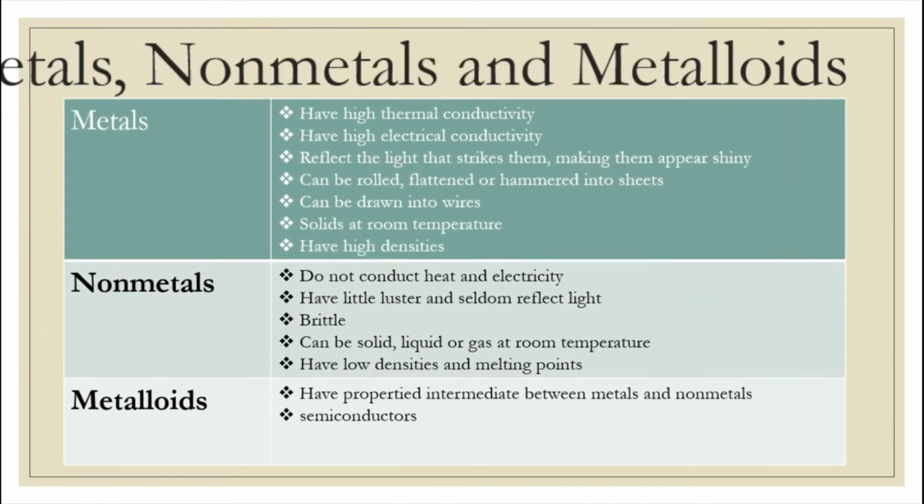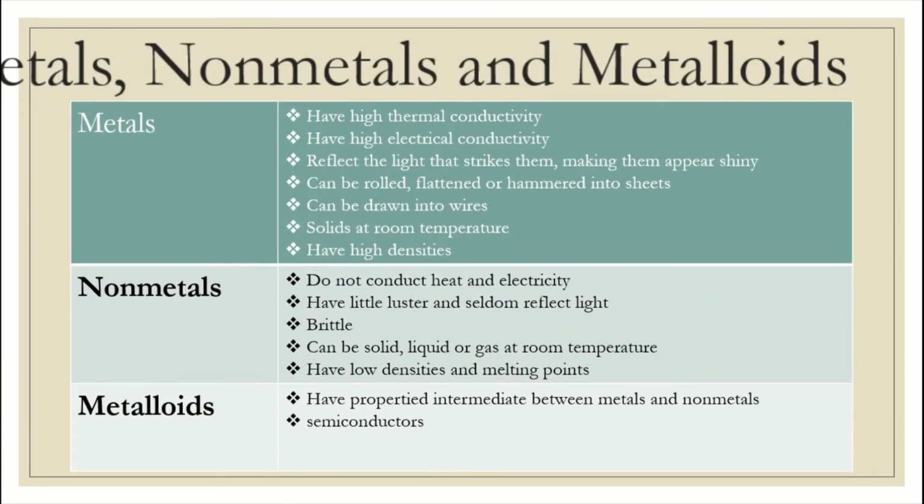Metals and metalloids, those that you can see on the periodic table of elements. It is composed of metals and metalloids. For metals, the properties include high thermal conductivity. For example, we have nickel, copper, silver, gold, aluminum. Those are examples of metals. And high thermal conductivity, ibig sabihin, kapag mainit at hinawakan mo, talagang nakakapasok. Mainit talaga siya. Mainit dun sa dulo, aabot yung init dun sa kabilang dulo.